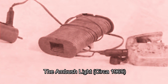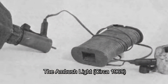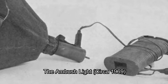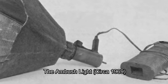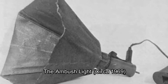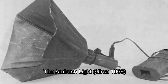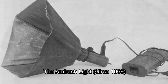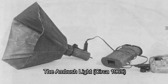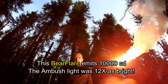So this prompted the creation of what they called the ambush light, which was a very bright flare, and it was encased in a very large reflector that would project this cone of artificial sunlight at the enemy. Now, this allowed for blinding illumination, at least for part of the battlefield, while not entirely having to concede your own location. So it was estimated that this light was somewhere in the tune of 125,000 candle power, but it